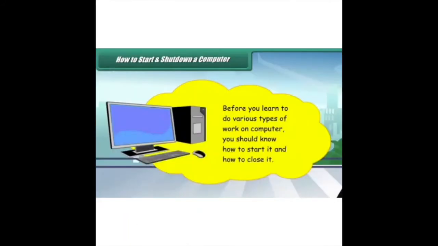We have seen how a computer works, the internal working of a computer, but how do we switch it on? Computer is a machine. How can we put on the computer? Can you all see the computer system here? The monitor, keyboard, mouse, printer, CPU, the UPS, all the parts you can see. Yes?